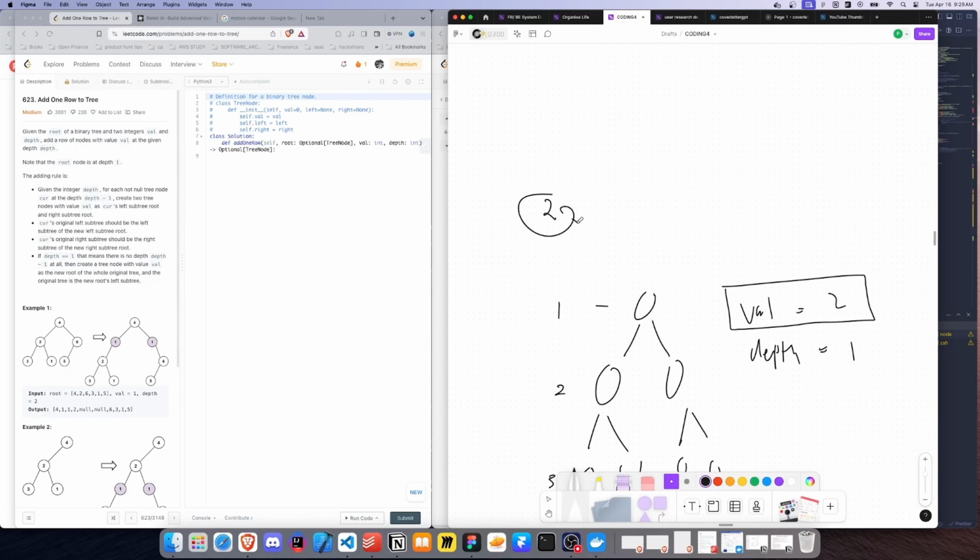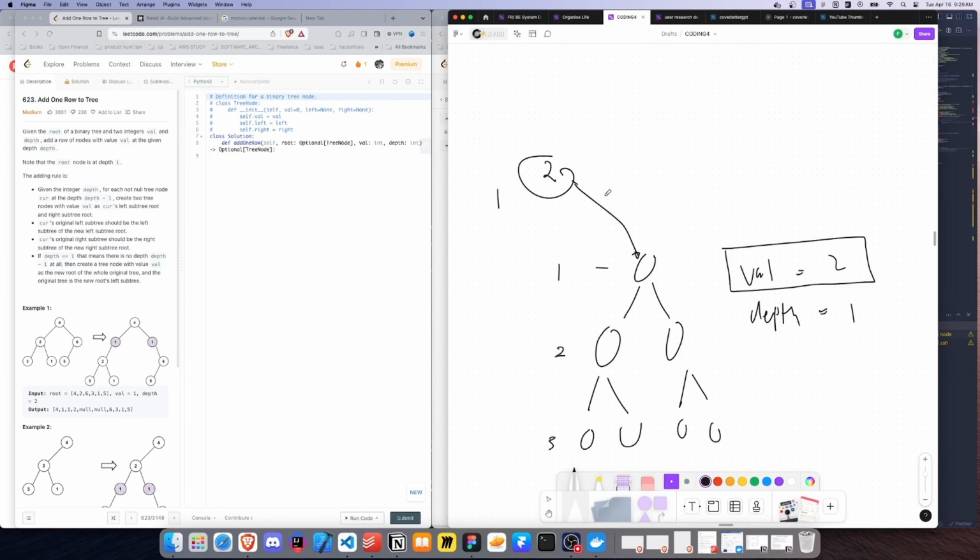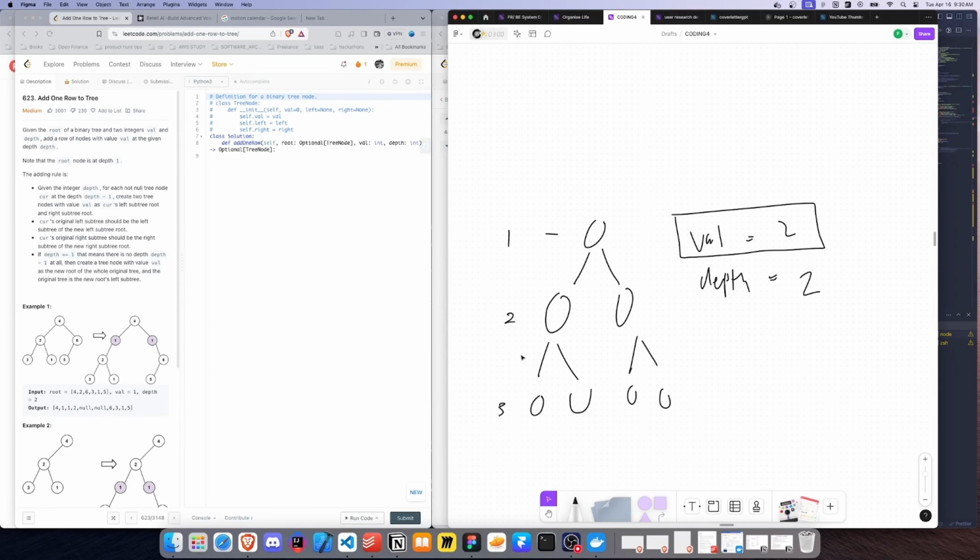Yeah, this is, and then if we change it, original children node, but then